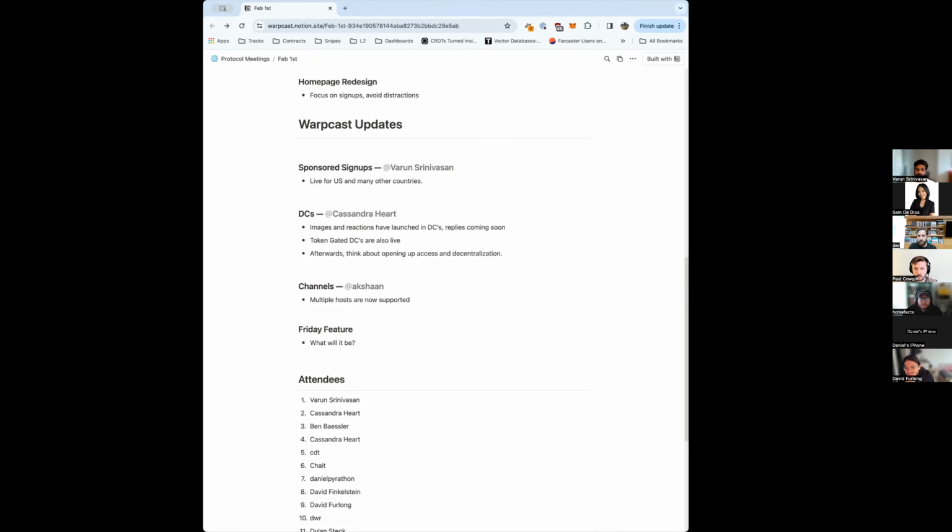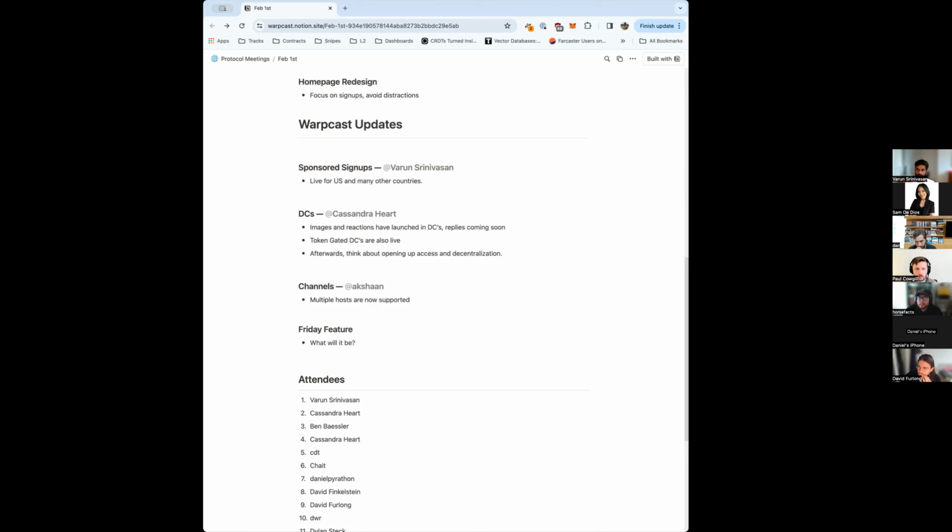There was a question on making channels available in the protocol. So the philosophy we've taken with shipping new features is, one, get them in Warpcast, get them to a point where we feel like they're feature complete and we understand the shape of the feature, and then ship them on the protocol. Channels are somewhere in the middle of that journey. They're at the point where we have moderate to high conviction that they're going to work and that the shape is roughly going to be what it is today.